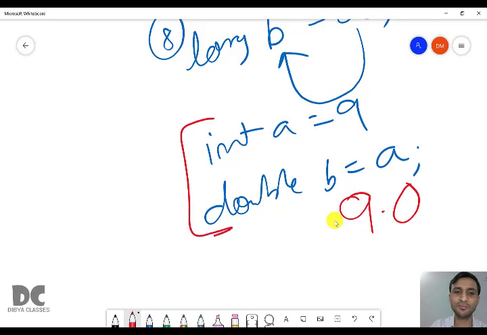So when you are changing between different data types, when the type of data type is also changing from integer to real, the value will also get changed. If it is from integer to real, it will change from integer to real. If you are bringing the value from real to integer, the real value will also get converted from real to integer. You have to remember this. This is very, very important.